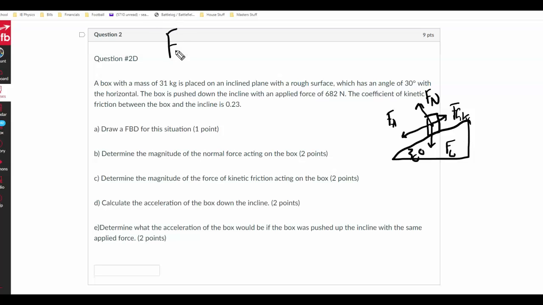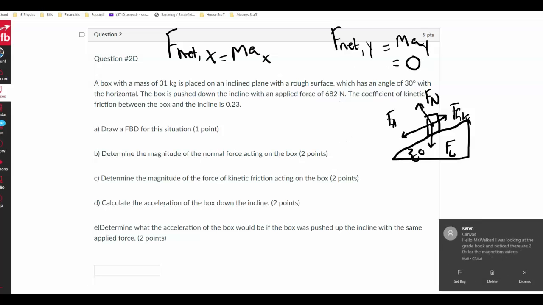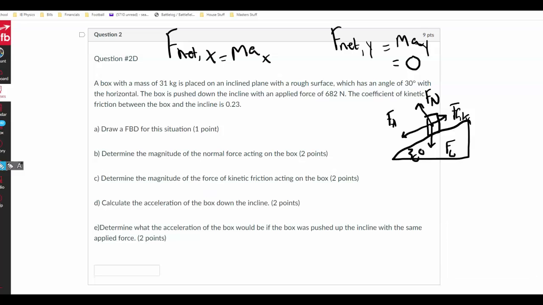Like any second law problem, you move on to your second law equations. So I have F net x equals max and F net y equals may. On an inclined plane problem, the object never accelerates in the y direction because it is not moving in the y direction. And so this is 0. We have two forces in the y direction, that is Fn